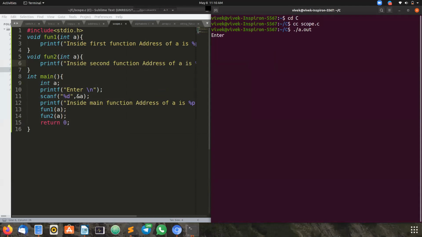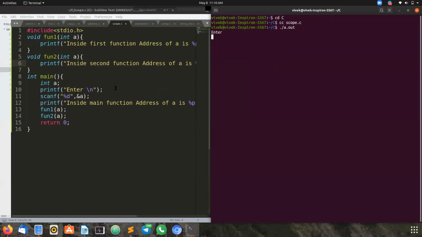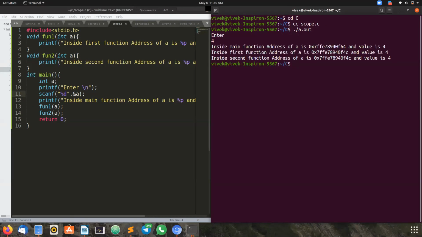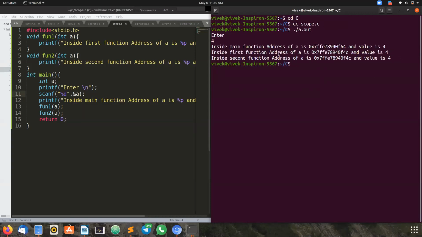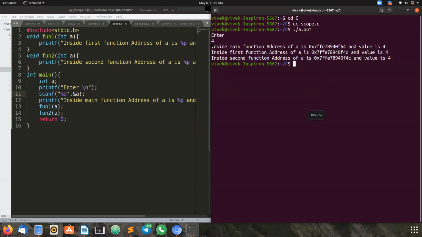Just give me some value of a. 5. So, okay, I'm entering 4. Now observe. Now this would be better. See the output once.